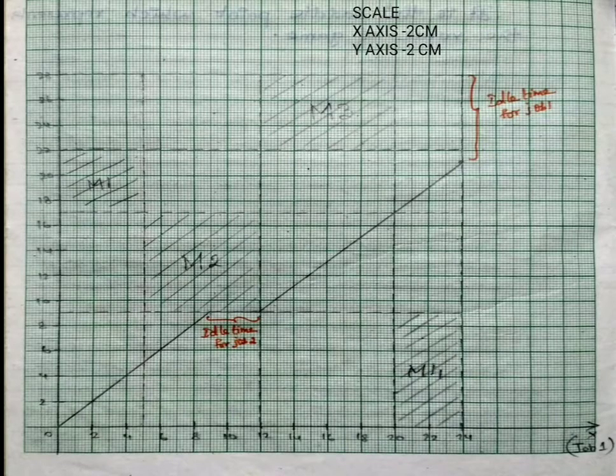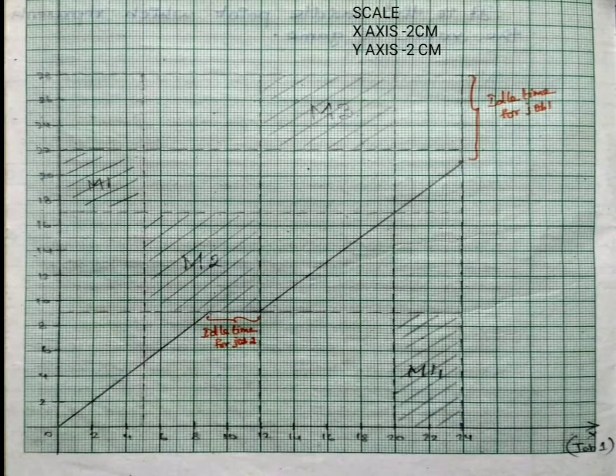After completing the job only, we have to again draw the straight line. So this will be idle time for job 2. Parallel to job 1 means that is idle time for job 2. After finishing the jobs from M2 only, we have to draw the straight line again. So you have to come to the last one here. The last value will be 28, because the last job 2 completing time will be 28. So 28, 28 will be the last point.